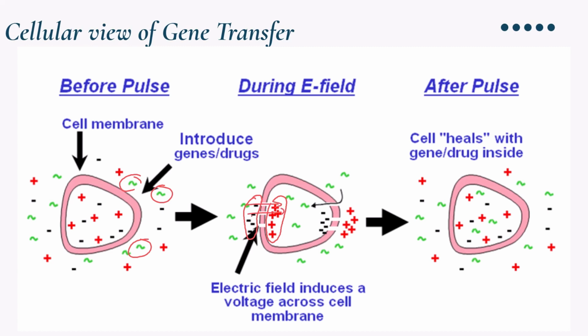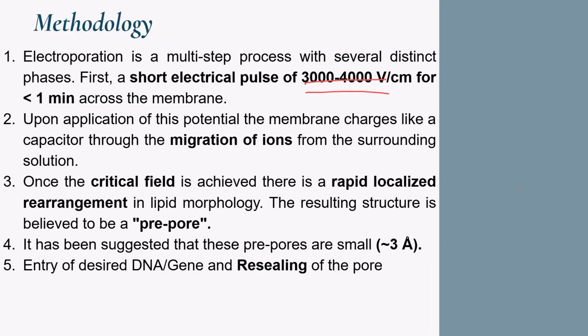When the pores are formed, the genetic material or gene of interest that is outside the cell, that is in the media, gets transferred inside the cell, and it gets trapped. And when the electric field is removed, then the pores that were formed will seal, and the genetic material is trapped inside the cell. So our aim is achieved. So that's what happens. And here, when we look at the migration of ions,